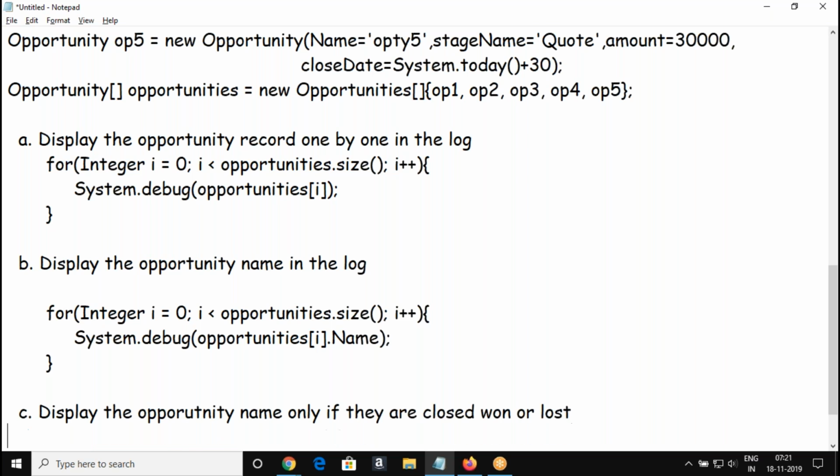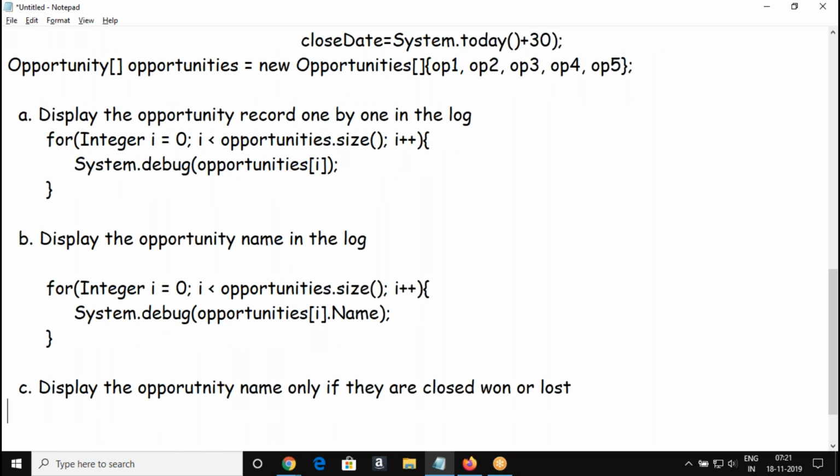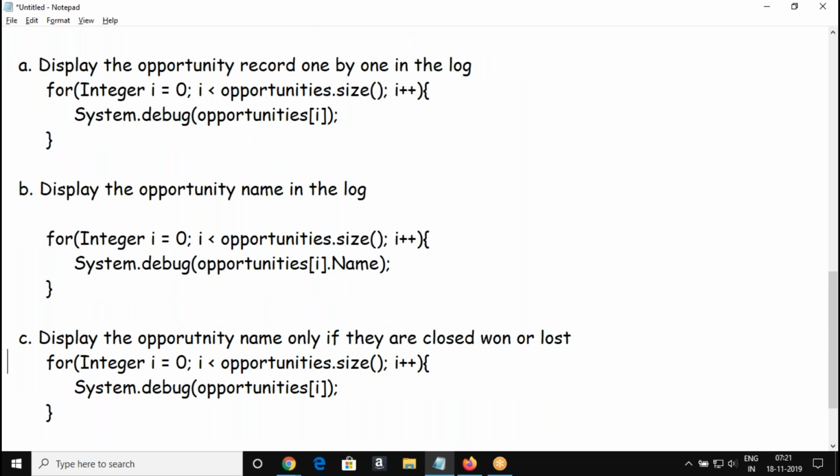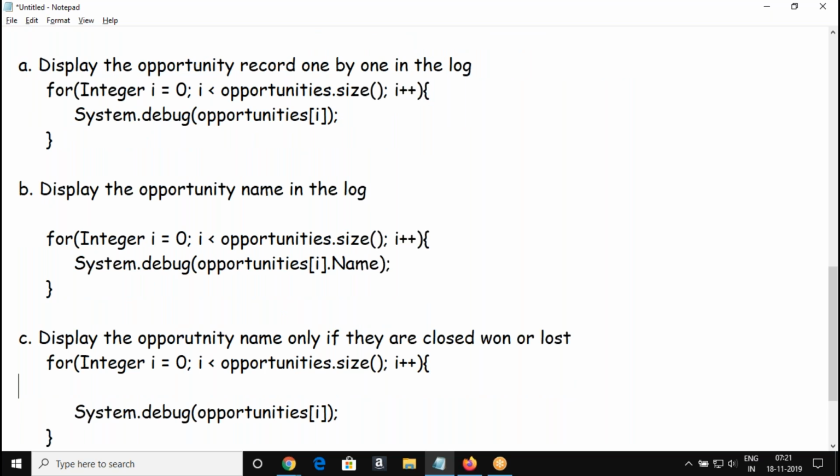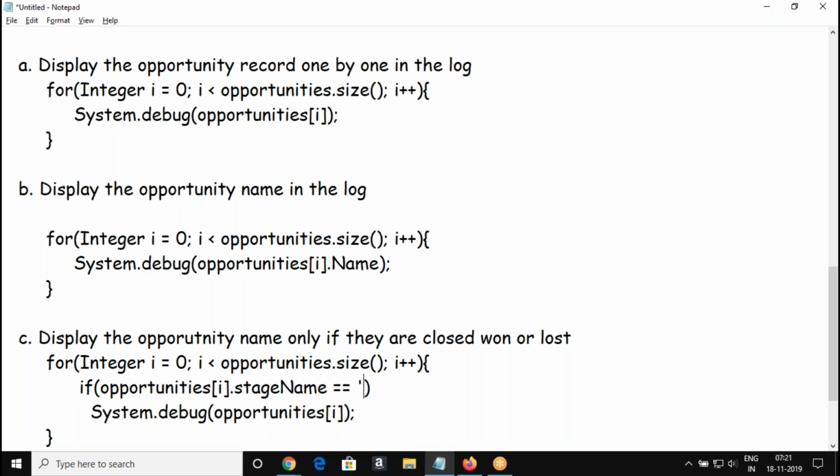Am I right? So what is my next one? Display the opportunity name only if they are closed won or closed lost. So I'm going to display the name based on a condition. If opportunity's stage name double equal closed won, OR function, right? Pipe symbol.